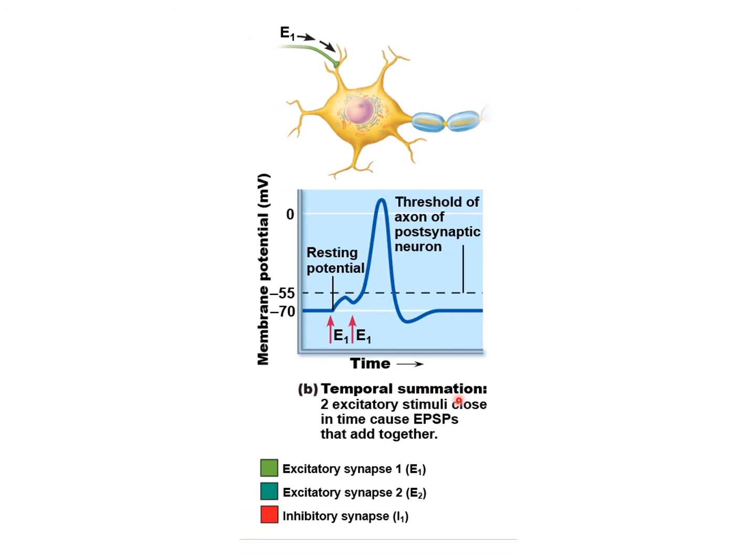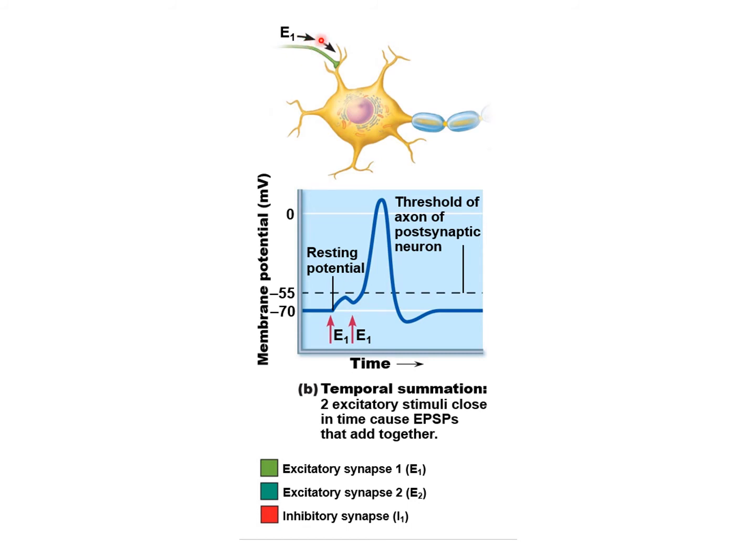Now we have summation, but a specific type called temporal summation. We're looking at basically that same synapse that we saw in the previous slide. Here's the axon terminal of the presynaptic neuron. Here's the dendrite of the postsynaptic neuron. So the synapse is right here. We have an excitatory one, it's green, it says E here, so we know it's an excitatory postsynaptic potential. So there it is. It's excitatory, it's depolarized, and then it starts resting,